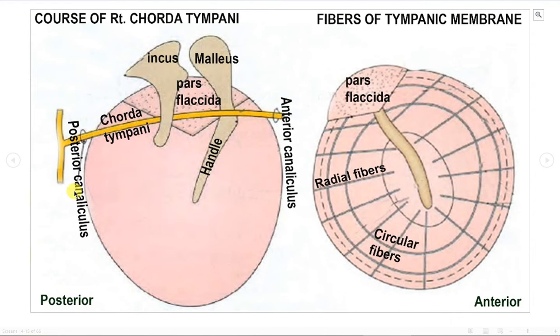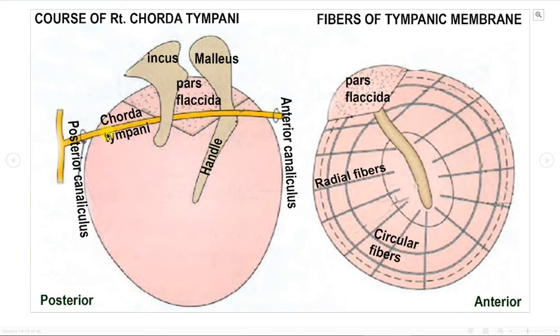On the posterior margin of tympanic membrane we have oblique course and vertical course of facial nerve. This represents facial nerve. And the branch of facial nerve that is known as chorda tympani, it comes in the medial surface of tympanic membrane and it runs obliquely upwards and then it goes out and it joins with the lingual nerve, ends in the submandibular ganglion and supplies the salivary glands. So this is the course of chorda tympani through the middle ear cavity, medial surface of tympanic membrane.